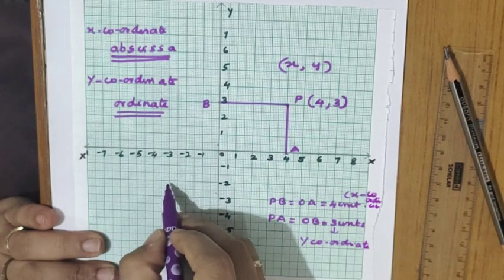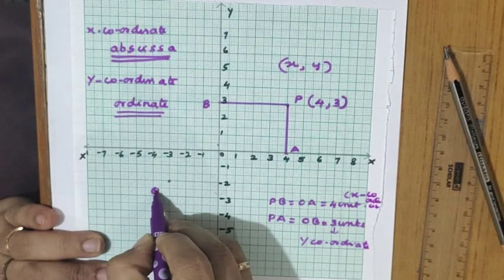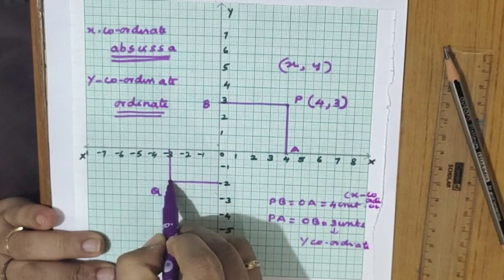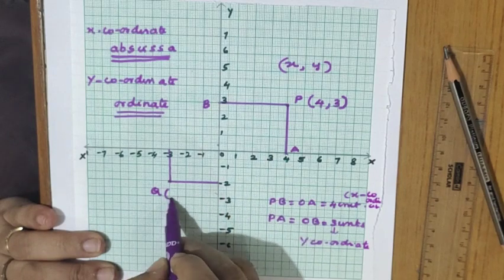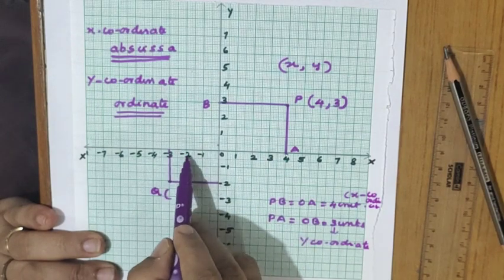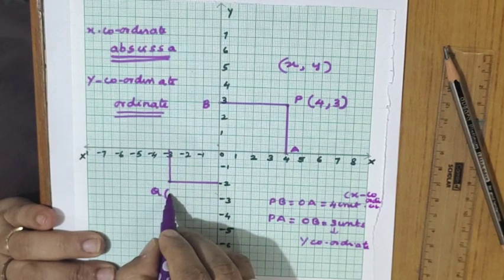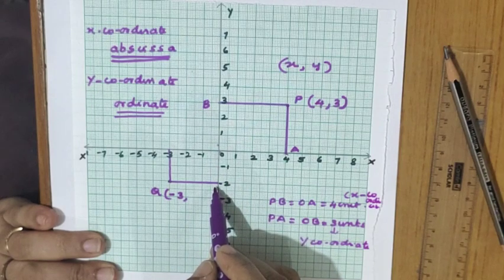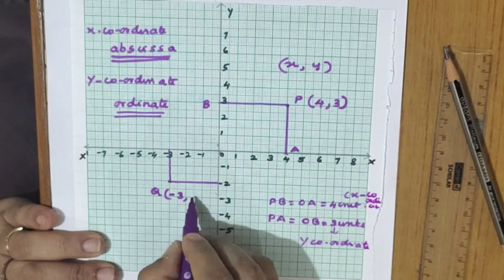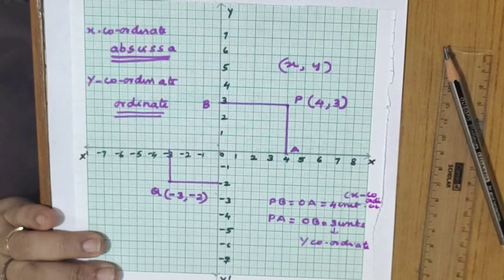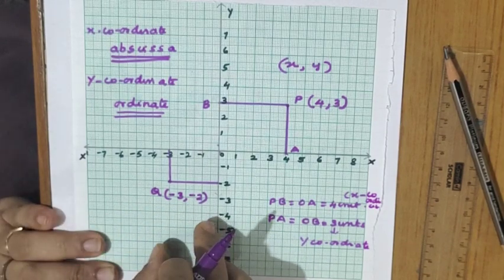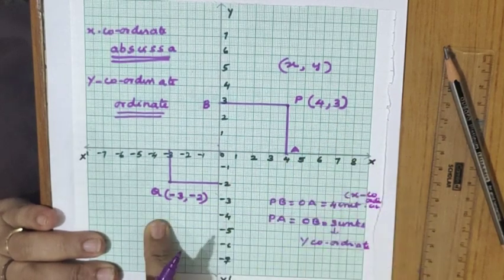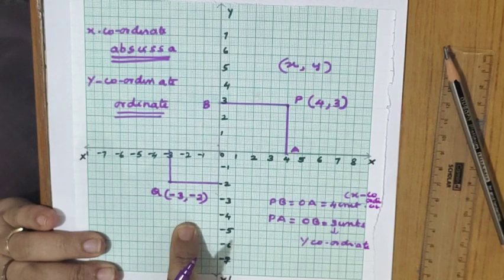Similarly, if I mark one more point like this here, Q, I'll draw the perpendicular like this because lines are already there. So what should I write first? X. Measured along the x-axis: 1, 2, 3, but it is in the negative direction, so I should write -3. Now the perpendicular distance from the x-axis, measured along the y-axis: 1, 2, but it is negative, so -2. Got it? So we should write both coordinates in x comma y form. Here it is 4 comma 3, and for this quadrant it is -3 comma -2.